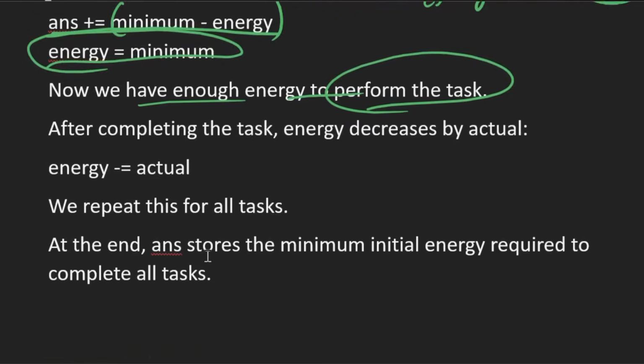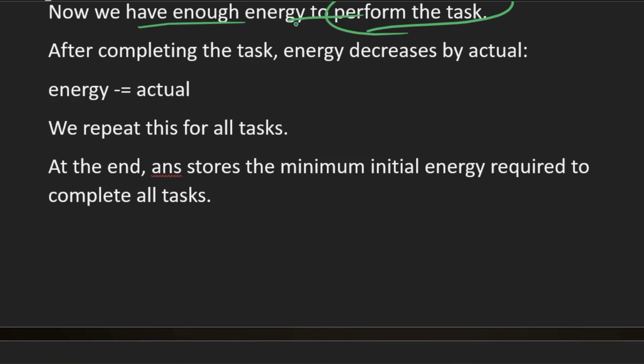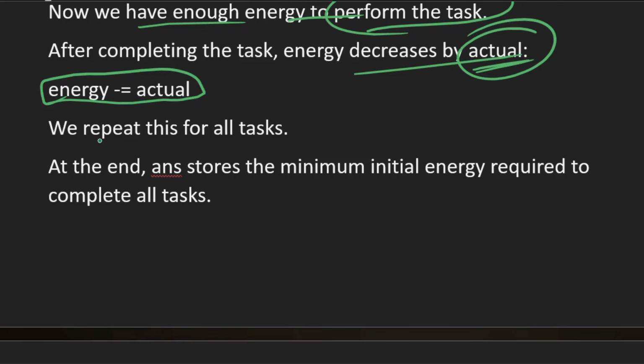And after completing this task, our energy will be decreased by actual, because actual is the amount of energy that the task will consume. So we reduce energy: energy is equal to energy minus actual, and this thing we keep repeating for all the tasks. So once again I'll tell you,